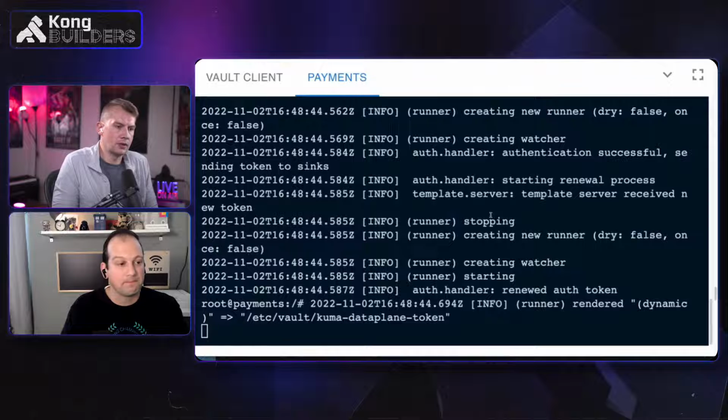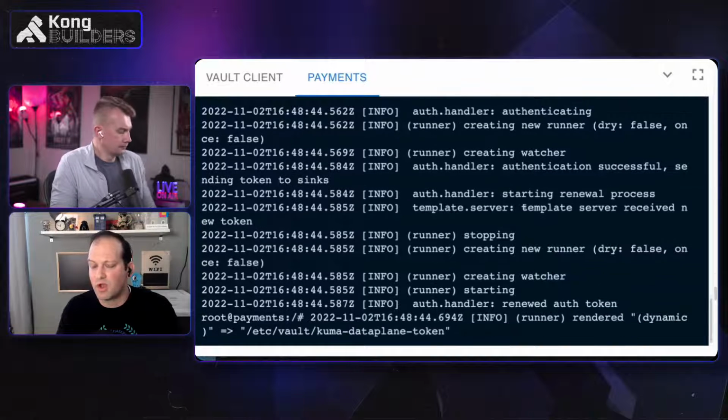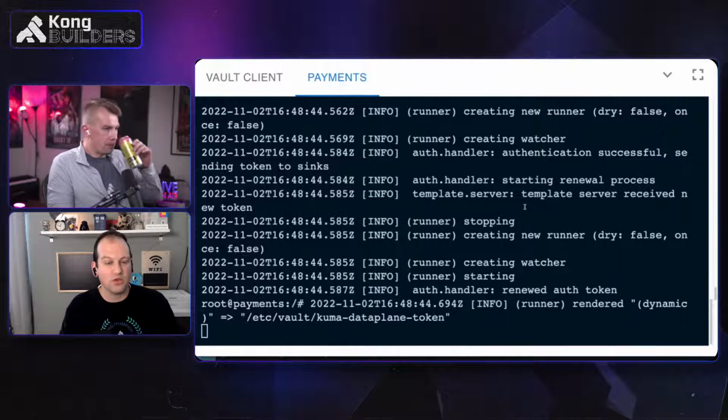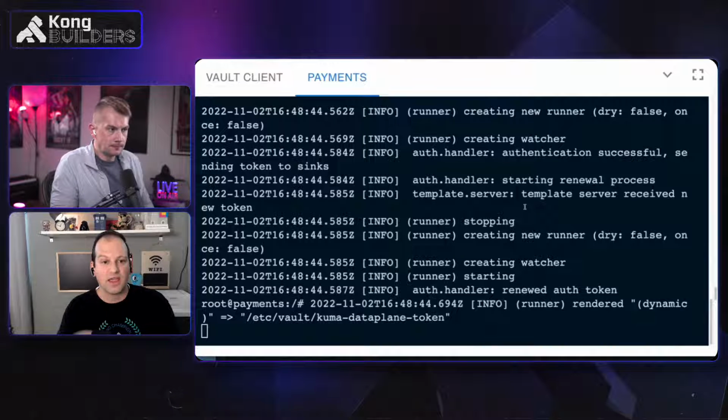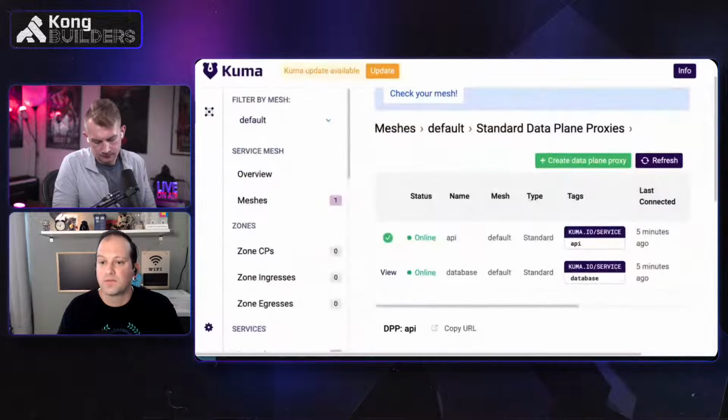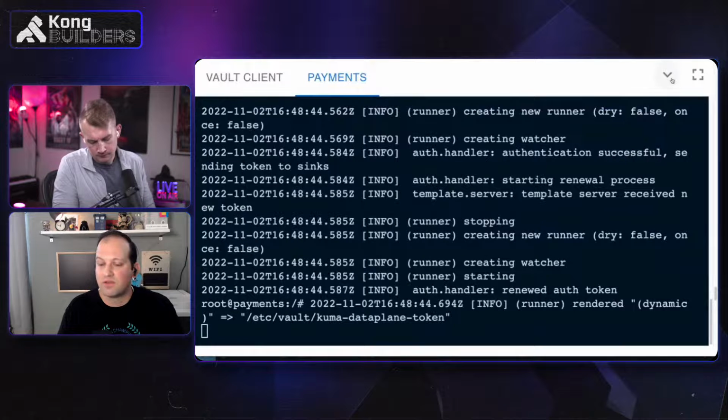Do we need to have one agent per config file, or can one agent handle multiple configs? I believe one agent can control multiple configs, but it only will leverage a single Vault login. So if that one Vault login has access to multiple things, it can manage multiple templates in there. Yes, that is true. All right. So now we have bootstrapped our agent. Our agent is running, and it was successful and wrote our token out.